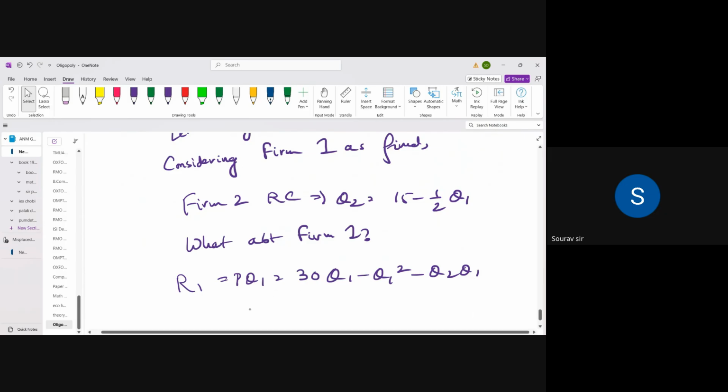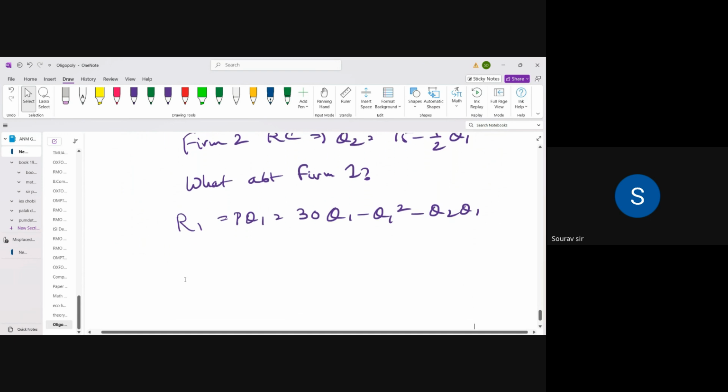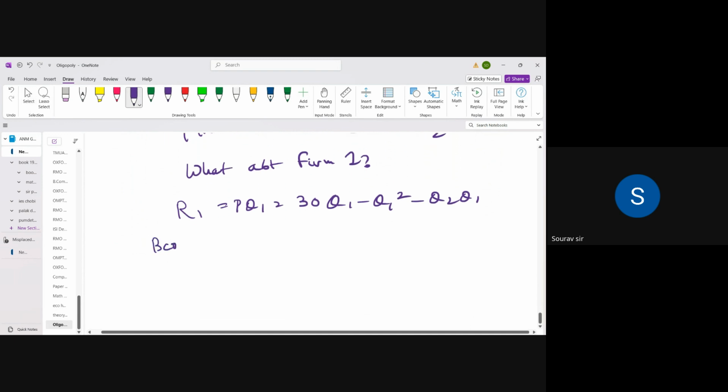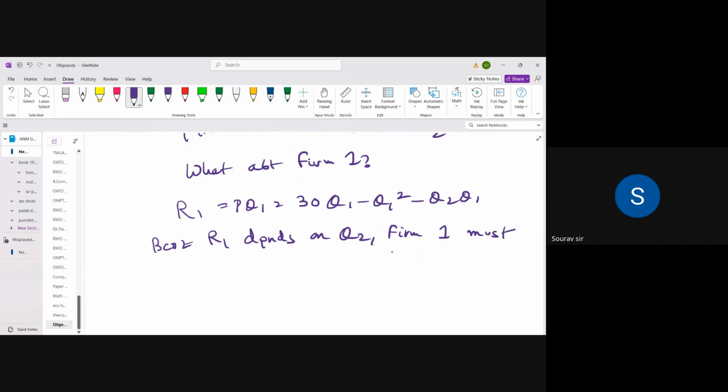Now, because R1 depends on Q2, firm 1 must anticipate how much firm 2